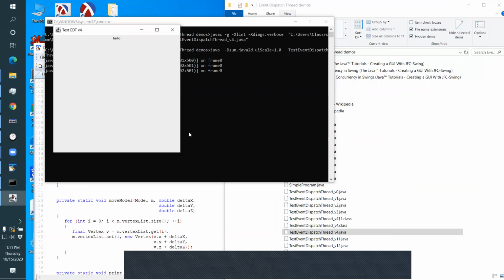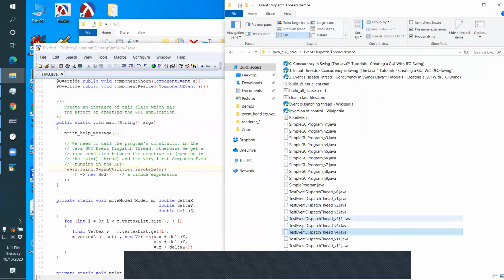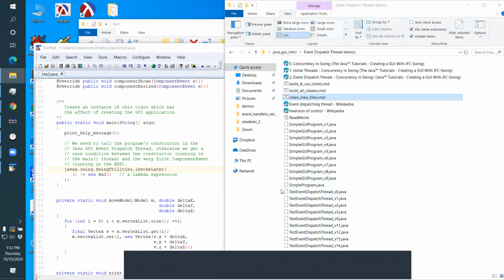There's a little bug in this program, and the bug has to do with the event dispatch thread. This program is written in a way that you see in a lot of books, and it's actually not correct. The program has the problem that the GUI doesn't get initialized properly. The bug is in initializing the GUI. So this sequence of examples shows you this bug and shows how to fix it. By the time you get to, I think, the last one,